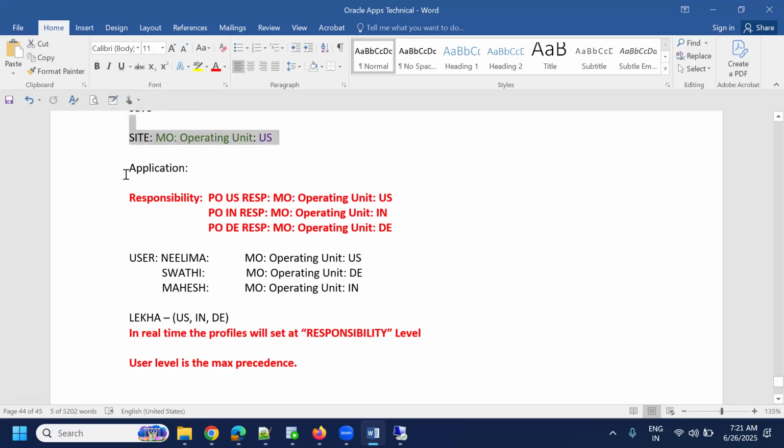Okay, now tell me the answer here. Nilima logs into Oracle applications. Now she moved to the PO US responsibility. She will work for which country? US. Same Nilima, click on switch responsibility and select the PO India responsibility. Now she will work for which country? India. By changing the responsibility, a small setup here, Nilima, earlier it is connecting to